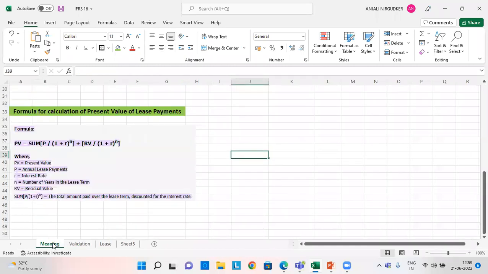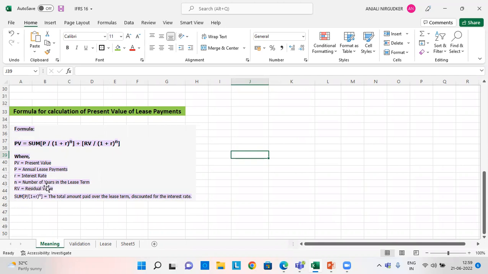For lease calculation, first we need to understand the lease formula, how to calculate the present value of lease payments. This is the formula for calculating the present value of lease payments, which is PV equals sum in brackets P divided by (1 plus R) to the power N, bracket close, plus RV divided by (1 plus R) to the power N. In this, PV is the present value, P represents the annual lease payments, R is the interest rate,